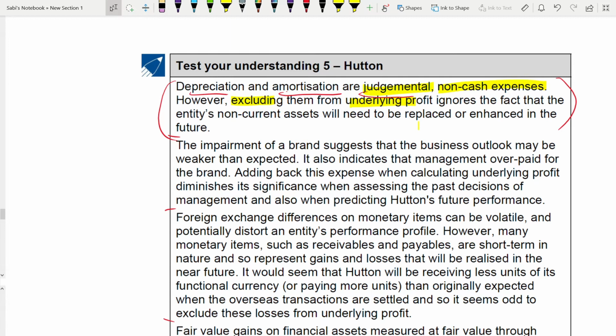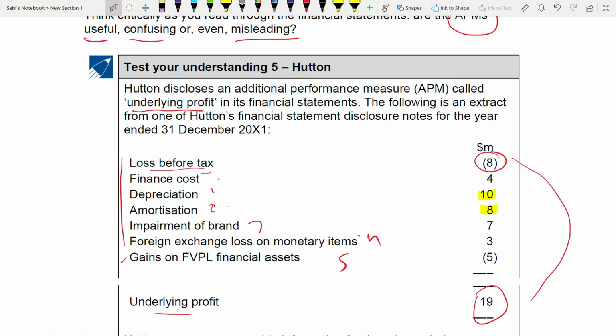But they have excluded it from the underlying profit. I mean, to arrive at the underlying profit from loss before tax, you see, it has been added. That means it is excluded from the underlying profit. That's why your loss became profit, because you are excluding the expenses. You are adding it back to the loss. The same way you do your cash flow statement: from profit before tax or operating profit, you change to the cash flow. From operating, you add back the two things, right? Because you are doing an adjustment, you are changing the profit to cash. Here also, same way,